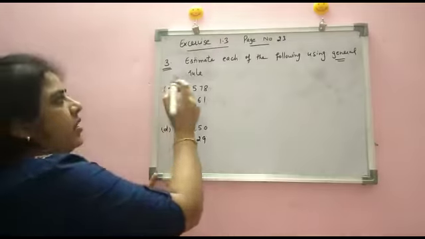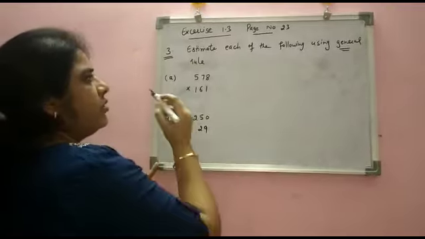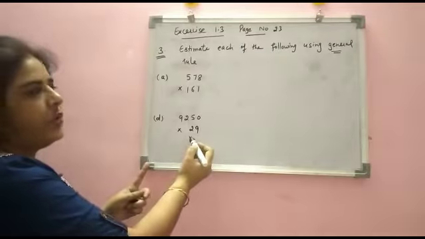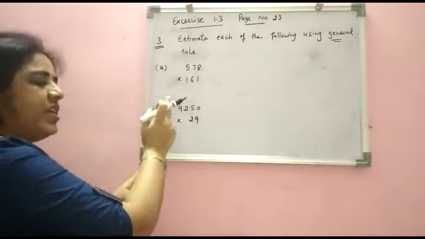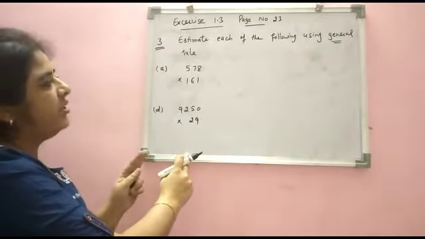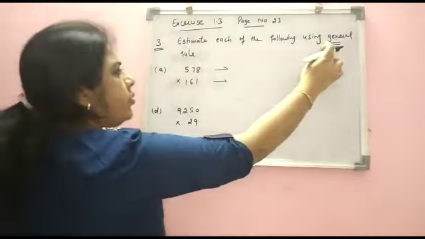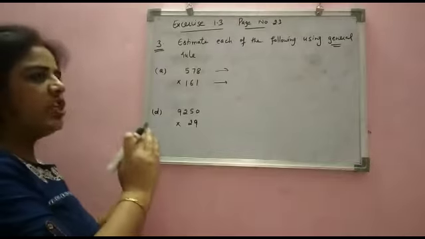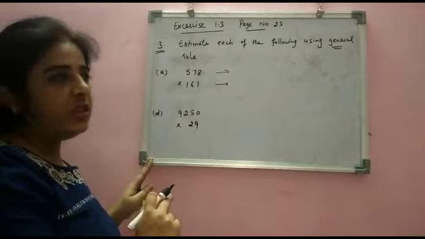Now students, here we are with the third question of exercise 1.3. Here also we have to use a general rule to find the given products. Here we are going to discuss the first and the last part. B and C parts are for you to do yourself and discuss the answer with me. Now the same general rule says a single digit number will never be estimated. Each number will be estimated at its own greatest place but not more than 1000.